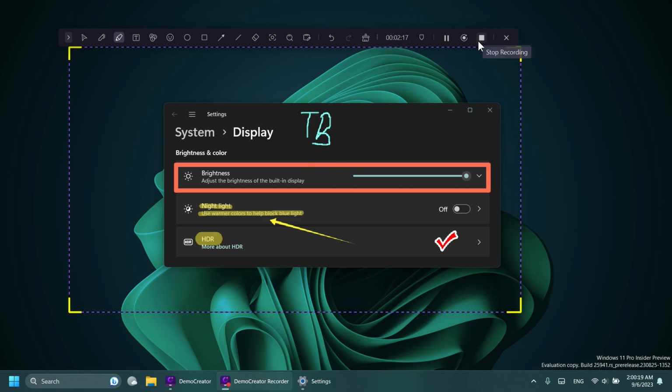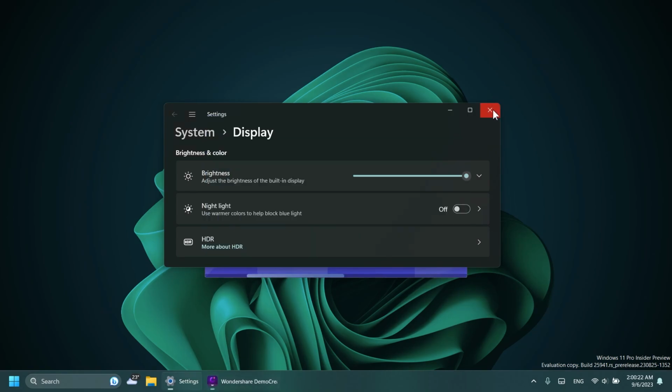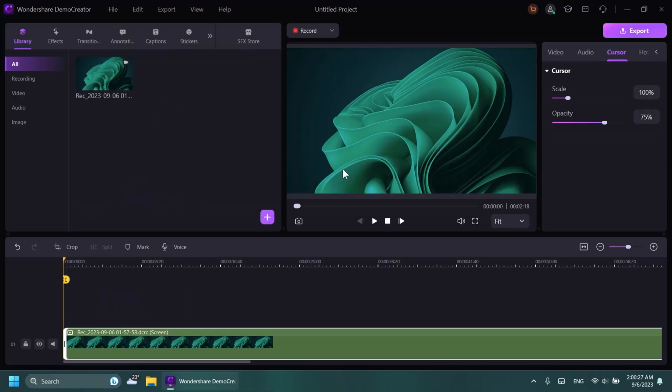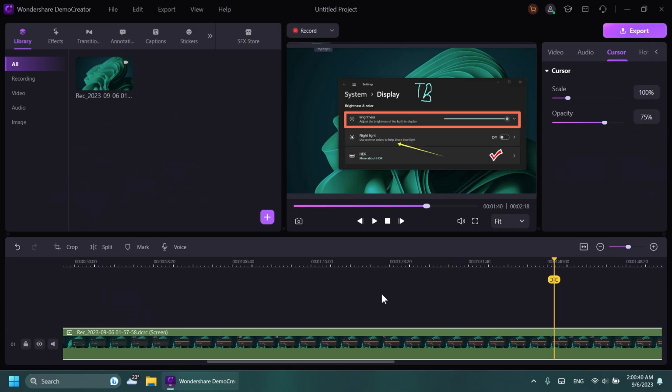But now let's click on the stop recording button, and you'll notice that our recording will be automatically opened into Wondershare DemoCreator, and we will be able to edit it using the built-in editor. We're not going to go in depth with the video editor from Wondershare DemoCreator, but I'm going to show you the basics. So for example, if you select the video here, you're going to notice that on video you have